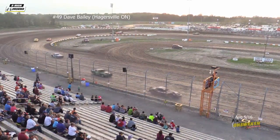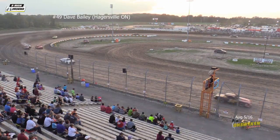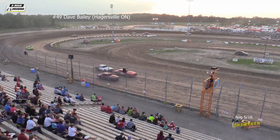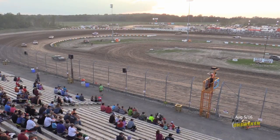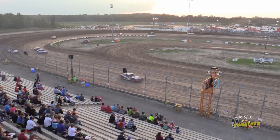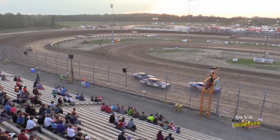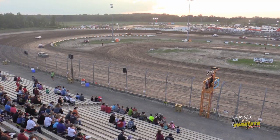Grabs the Jibs Action Sports checkers here as he will win it on McDonald's of Paris and Brantford night, the Pinty's rained out event. And he will pick up wings for a year courtesy of our friends at Pinty's, and we'll talk to Dave later on tonight. We were going to do the victory lane right now, but in an effort to keep the program rolling,